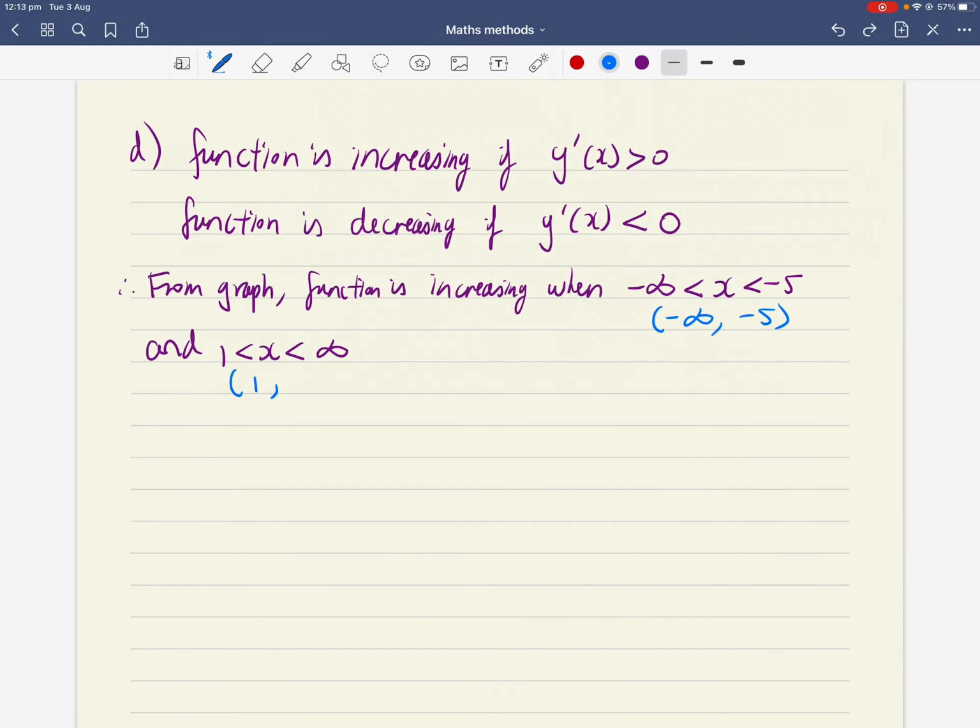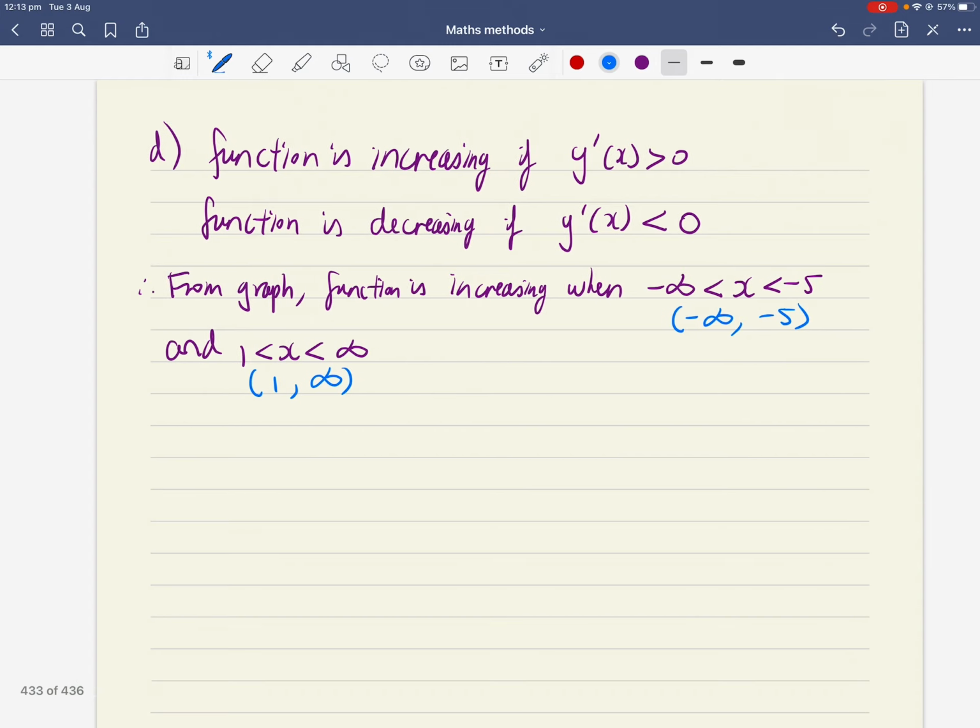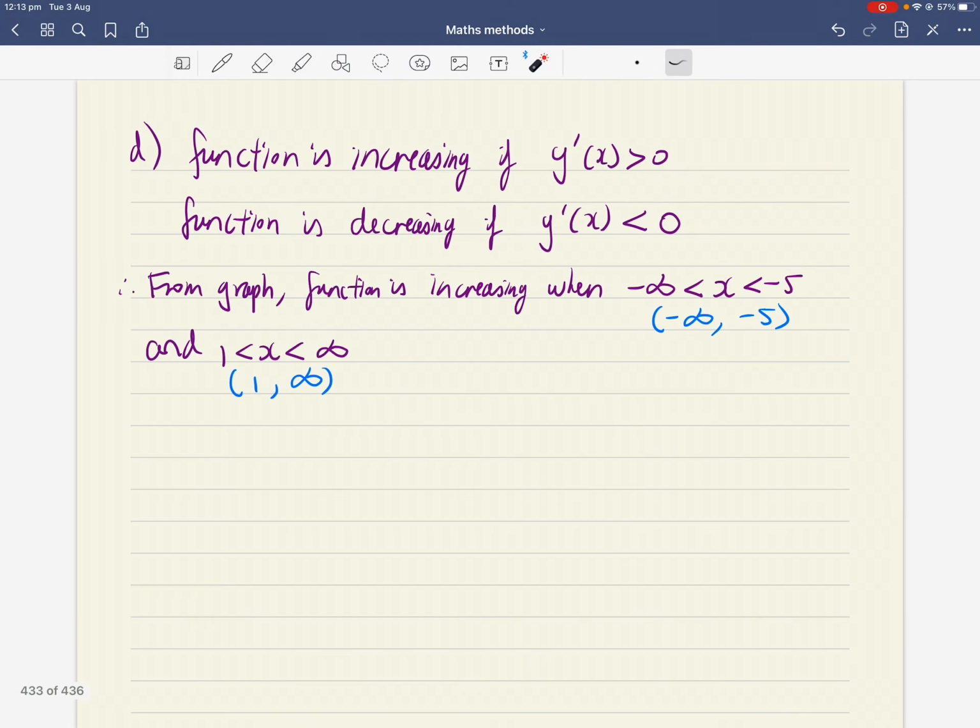Again, it's not including the two stationary points of -5 and 1, because at the stationary point itself, the gradient of the tangent is 0. It's not increasing, it's not positive or negative. It's increasing at those two sections, and then we know that